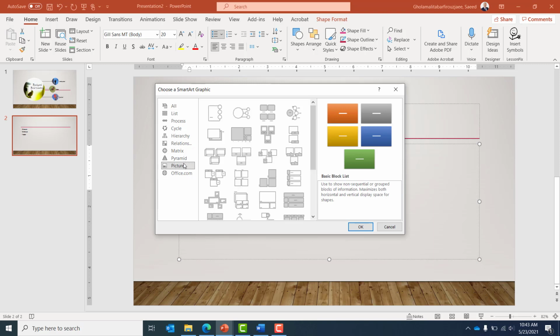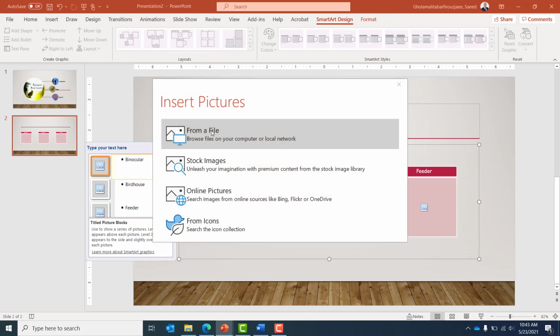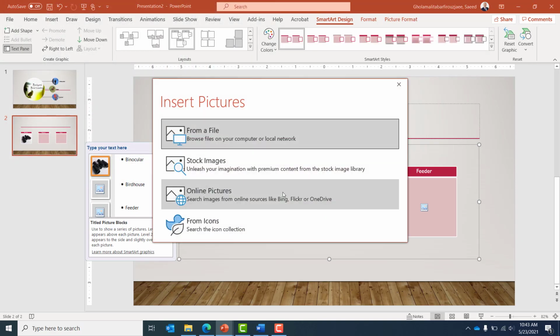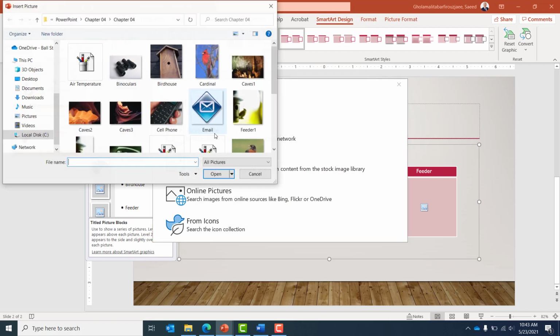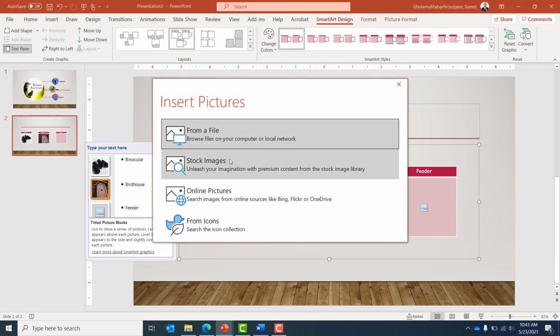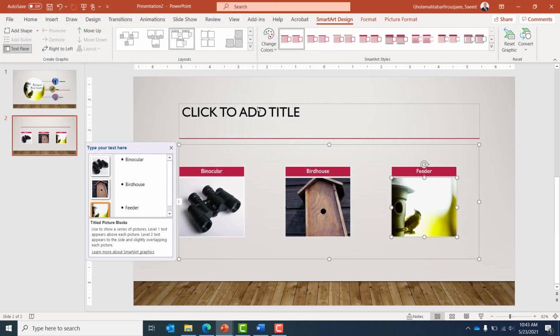and then select picture pane, and from that picture I'm going to select, for example, this one. Okay. So for each of these boxes I'm going to add the related picture, for example, binocular, for birdhouse, and for feeder, again I'm going to select feeder 1. So I'm going to select this one, change its style